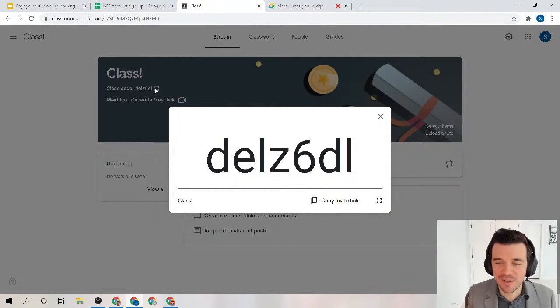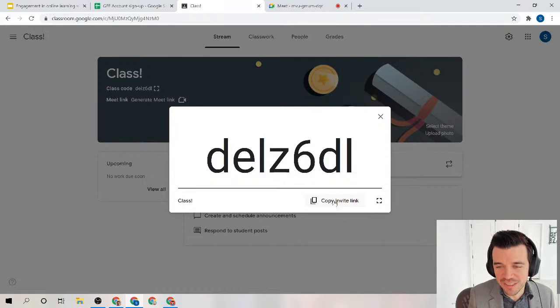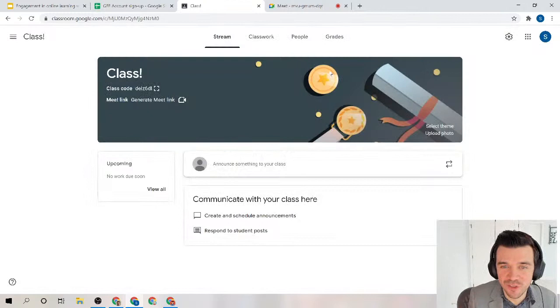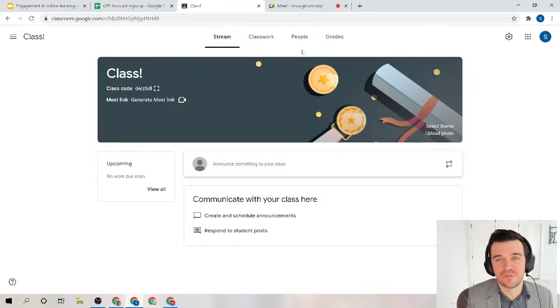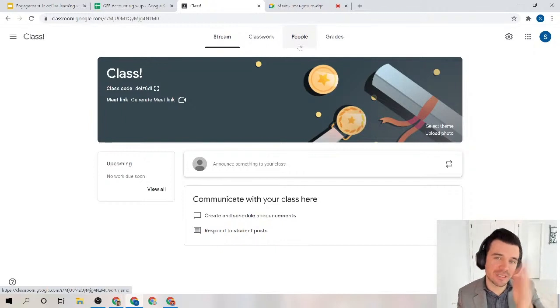So that's the fastest way to get students to join your class. You can also copy an invitation link and email it to them. If you have a class distribution list, you could email the invitation link to them and they can join that way. I actually prefer to add my students directly so that, the first day of class, they don't have to do anything. Just like you did there, they would go to classroom.google.com and they would see that they've already been